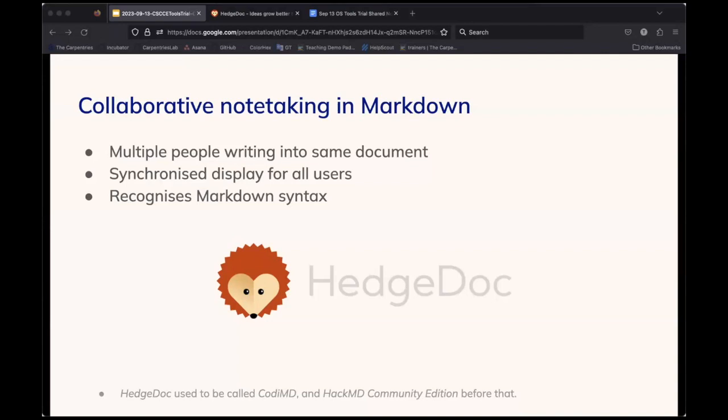And the key thing here, I suppose, is partly that HedgeDoc is an open source platform, and partly that it recognizes Markdown syntax. I'm going to talk a bit more about what that means and why it might or might not be helpful to your community in a moment. There's a note at the bottom of this slide to mention that